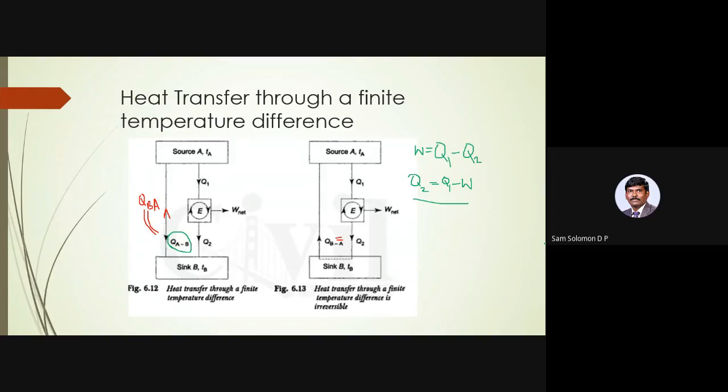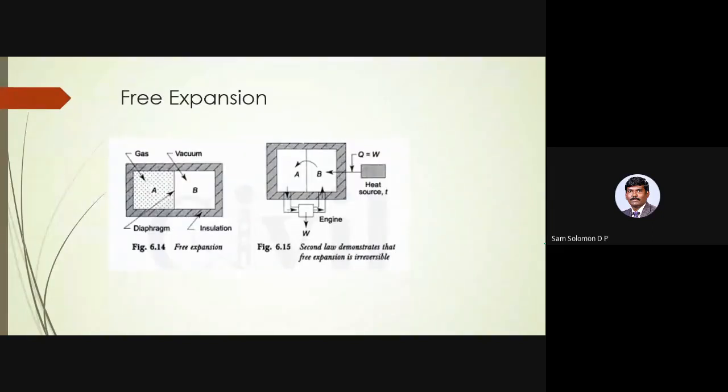The other thing is free expansion. In free expansion, we have already seen this. So we have gas here in one compartment, and the other compartment is evacuated, and you have just vacuum. So what we do is we remove the diaphragm, and this gas is going to immediately go and fill the space. But because it is not doing work against anything, work done here is 0. This we saw during our work transfer.